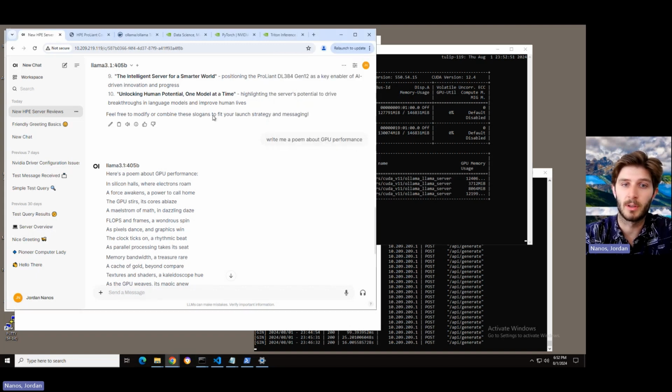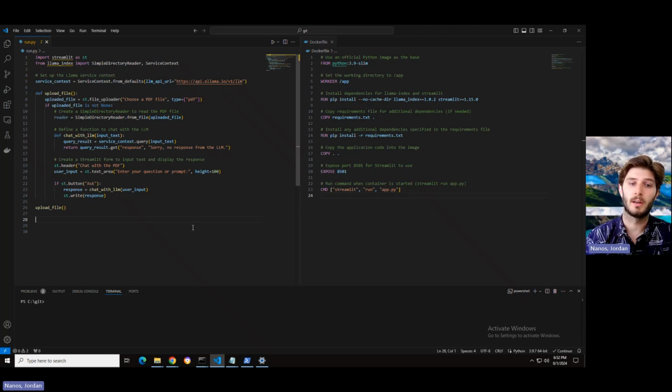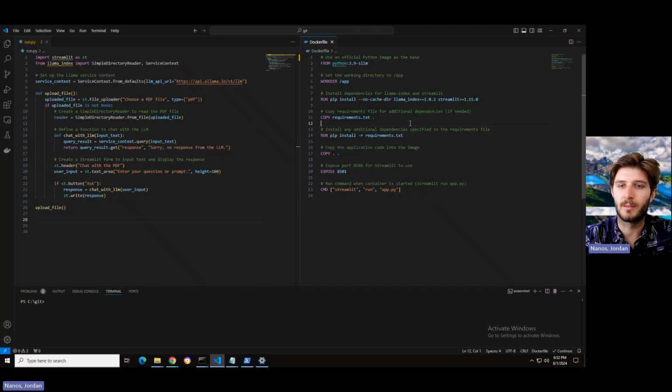Because Ollama is a flexible API, we're able to access that API not just through the Open Web UI here, but also through a more unique experience, which is as a coding assistant. I'm going to pop up VS Code, which hopefully many watching this video are familiar with. It's a standard IDE for developing code in all sorts of languages. I've got two simple files that I'm working on here. In one case, a Streamlit chatbot using Llama Index for retrieval augmented generation on the left side. And on the right side, I've got a Dockerfile that I'm using to build my Docker image for this